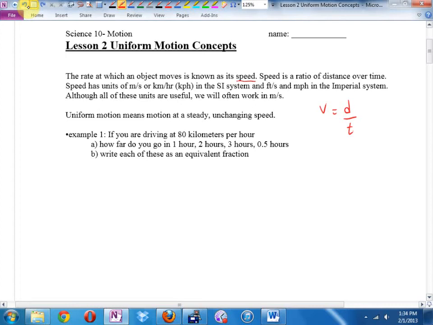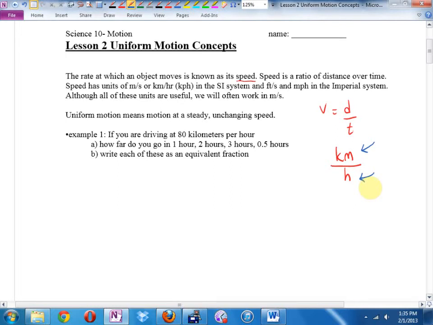You told me that we measure speed on the road, and I think most of you know this, in kilometers per hour. Doesn't that sort of look like the equation distance over time? If you know how the units of speed are measured, you'll get this equation. They give it to you on the provincial exam on your formula sheet, but most of you, without realizing it, know it, because the word per means divide, and it's kilometers per hour. Speed, it's distance over time.